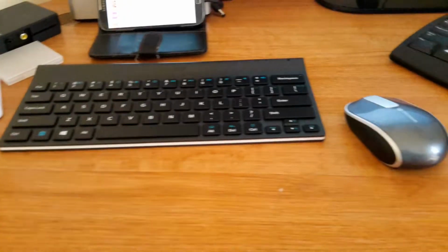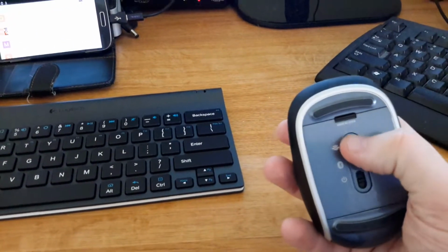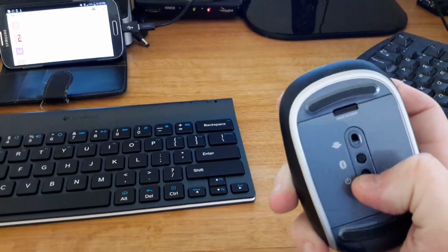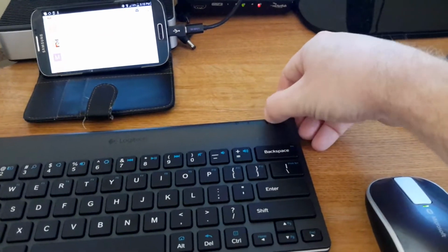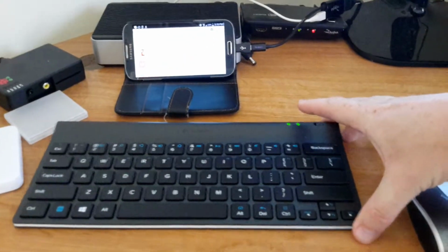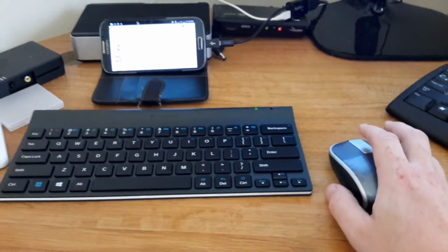And there you go. Now, the other pieces are just a Bluetooth mouse. This is a Microsoft one, which cost 40 or 50 bucks. I think you can get cheaper ones. This is a Logitech one, which again was a bit more expensive, but you can get cheaper ones. Now, off we go. They're just Bluetooth devices. I've paired them already, and what you end up with here